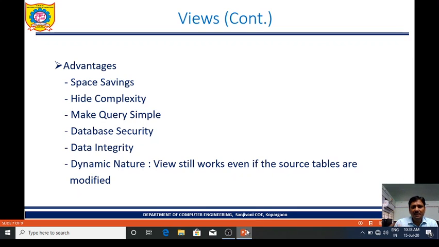Then each specific department: computer engineering department, mechanical engineering department, civil engineering department, etc. One more important department, account department.